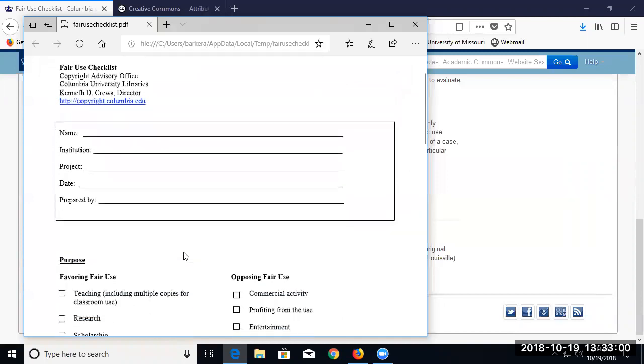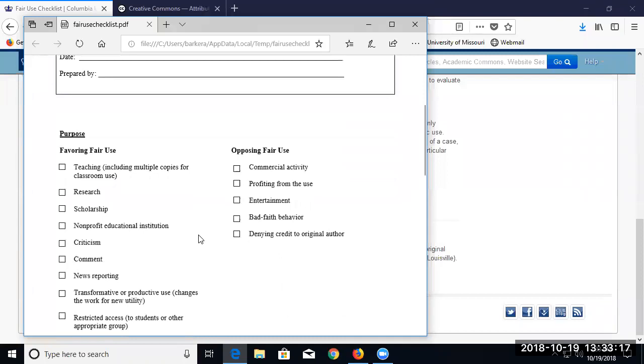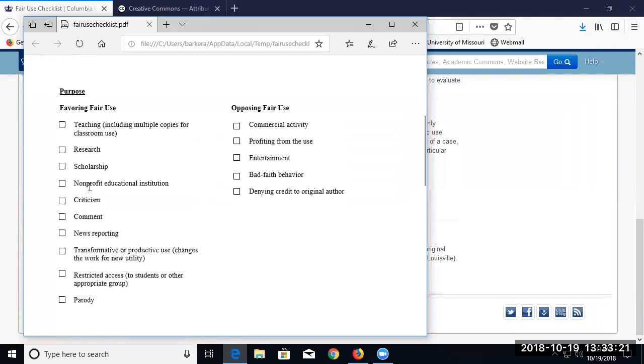Keep track of this. So if anyone ever did challenge you later and said, I don't think this was fair, I think you were infringing, you can at least show your attempt that in good faith, you did take a look at this, you analyzed it as far as you could tell your use was fair. And that should help if there should ever be a legal dispute. So you can see it goes down through each different thing, and you basically go through and tick the boxes.